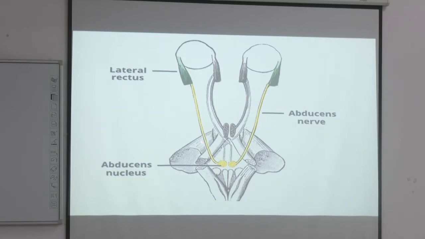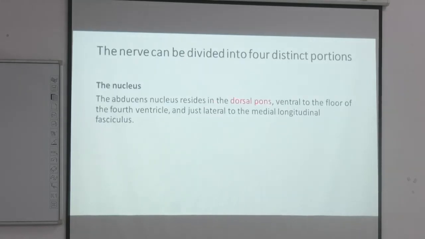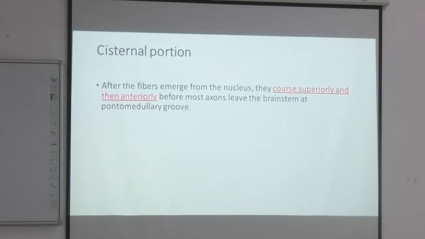Then you see the axons coming out. These axons go anteriorly, climbing up a little bit, and run through the interpeduncular fossa close to the circle of Willis, which is the blood supply to the brain. So this is the course. It comes from the dorsal pons, ventral to the floor of the fourth ventricle, and then runs a course we call the cisternal part. It runs coursing superiorly and anteriorly within the interpeduncular fossa,